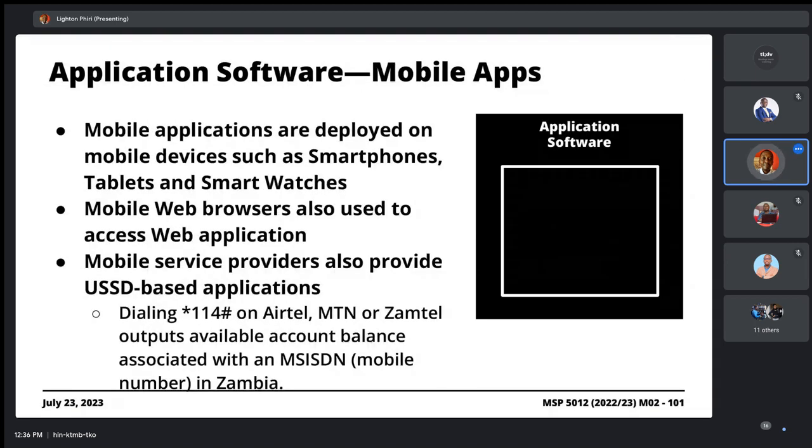In case people are sitting there and wondering, but why are we discussing mobile applications or application software and USSD-based applications, when our focus should be MIS, Management Information Systems? Well, I would like to draw attention to